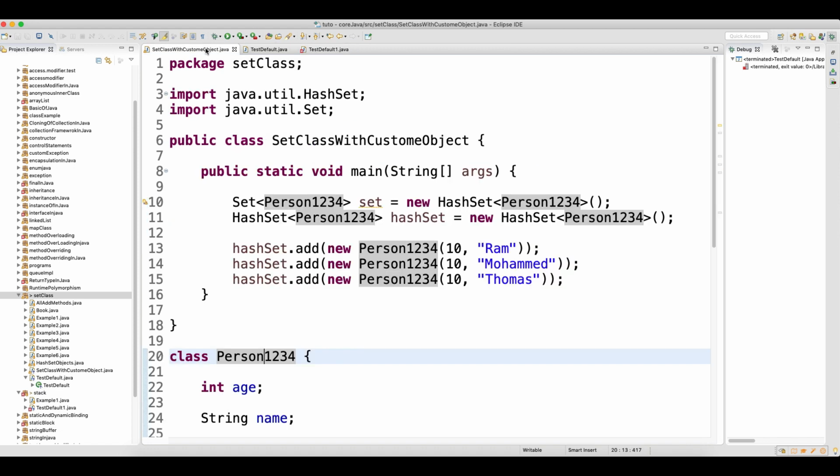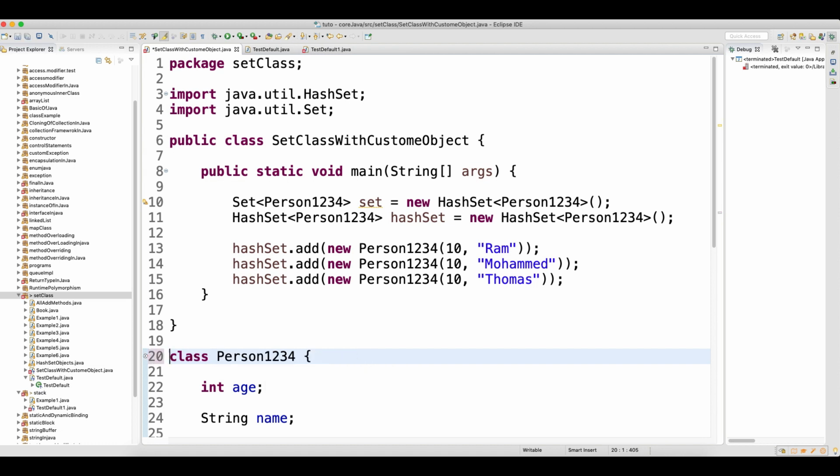Now if I go here and change it to public, what will happen is, when you place the mouse over here, it will tell you that when you are making a class public, please make sure that you are defining it in its own file. So you cannot write two public classes in the same file. You cannot write two Java public classes in the same file, right? So now it is clear why the compiler will give you a compile-time error, because two public classes cannot be written in the same Java file. But yes, you can write a default class.